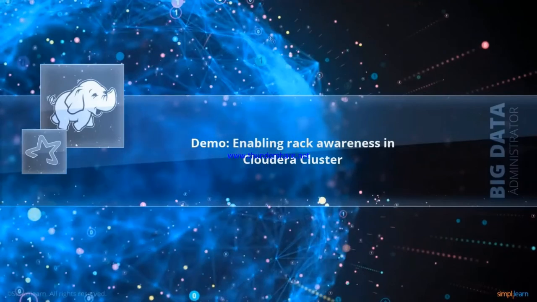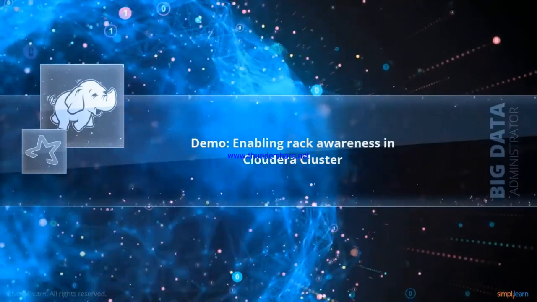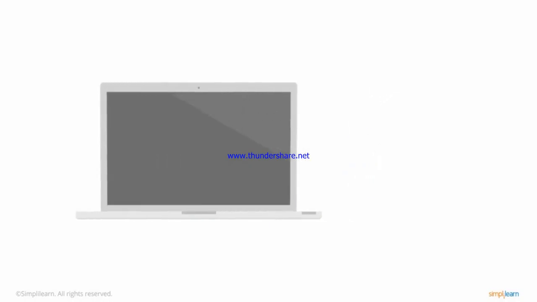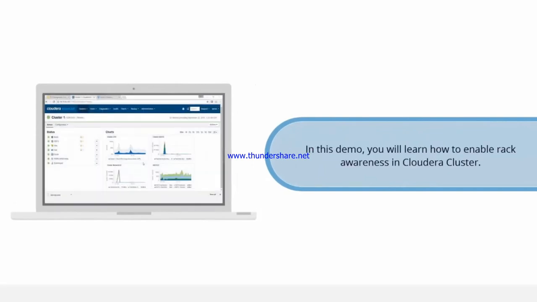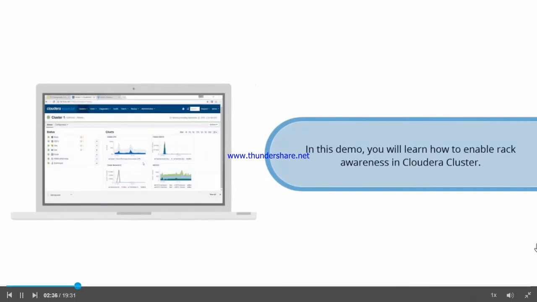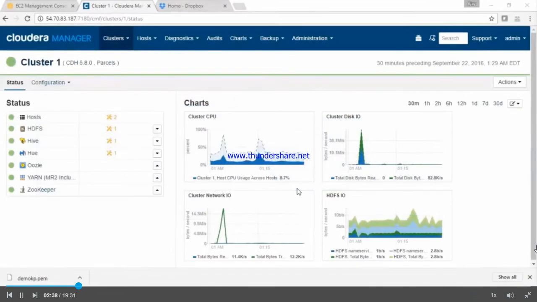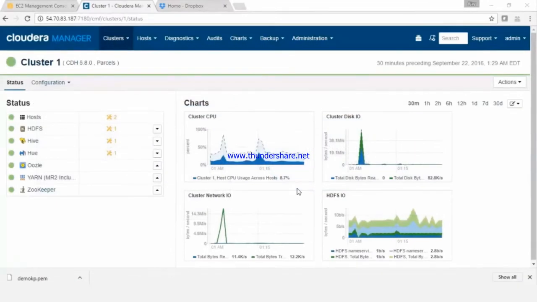Enabling rack awareness in Cloudera Cluster. In this demo, you will learn how to enable rack awareness in Cloudera Cluster. Rack awareness is an important configuration which ensures that the blocks are placed on the machines. Rack awareness makes sure that all data blocks or all replicas of data do not reside in data nodes on the same rack. This ensures high availability of data and also benefits the data nodes by providing higher bandwidth in